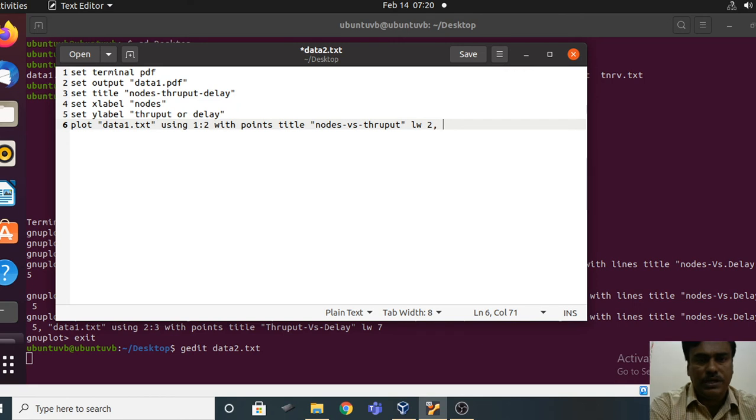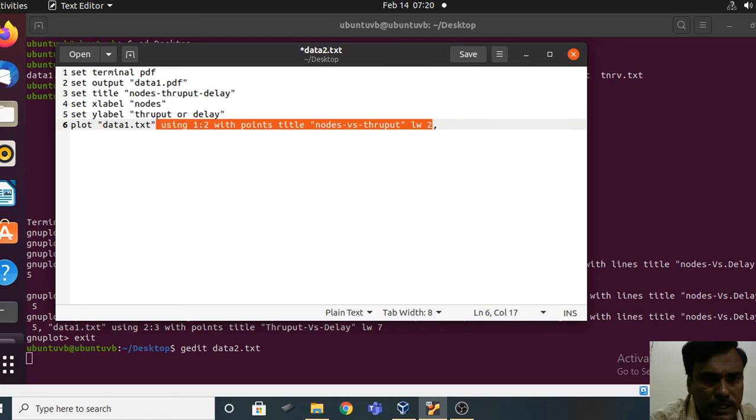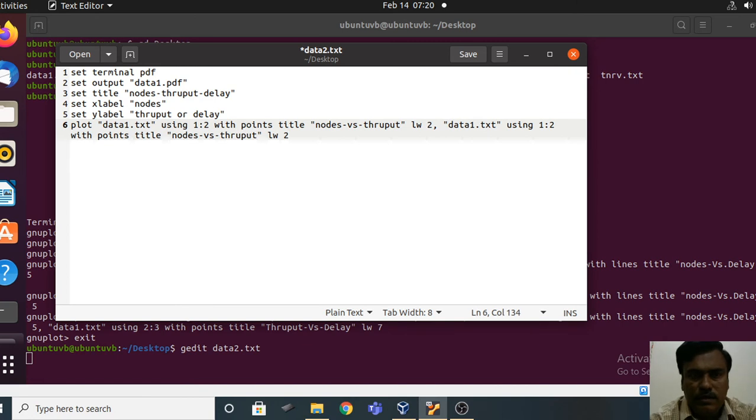After this, you need to continue the same thing. Let me copy this. You can find slight changes with respect to this, Control C, Control V. So while copying you have to be careful, right?